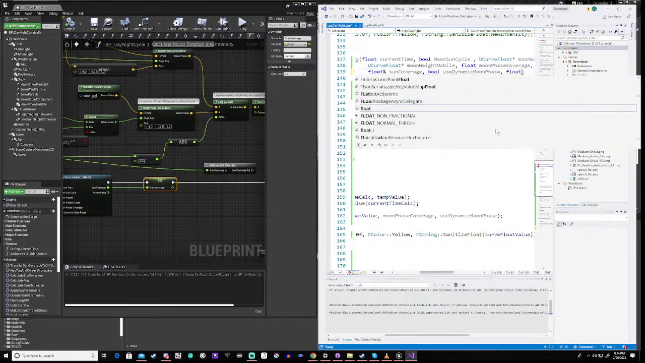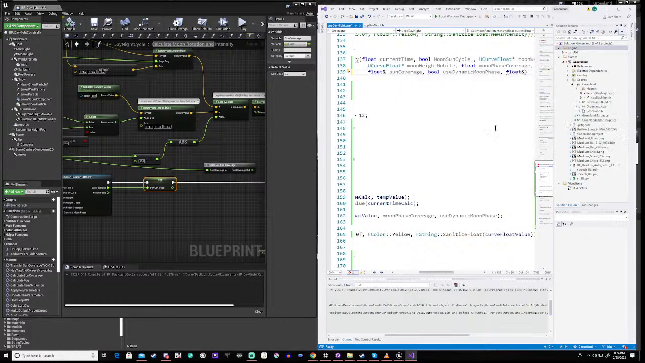So that's going to be float, and I know I'm kind of going off. And it's going to be